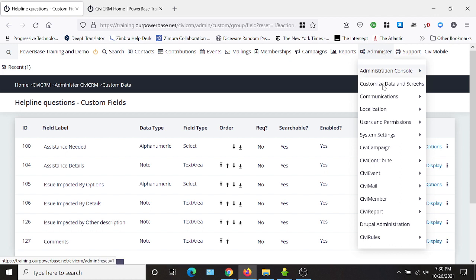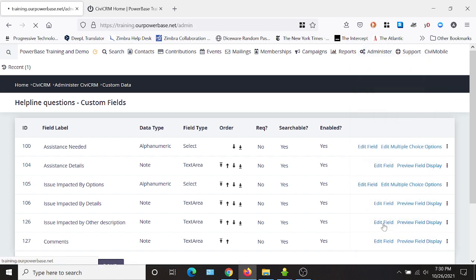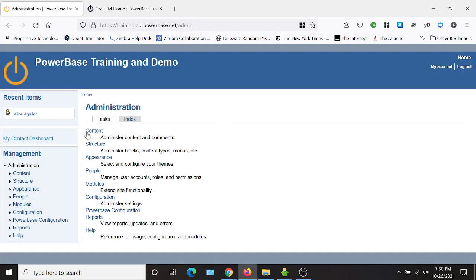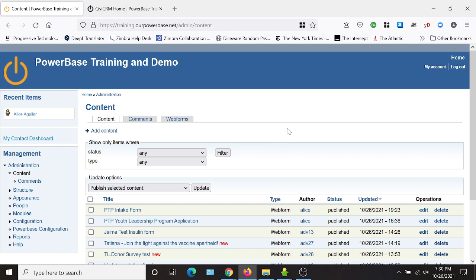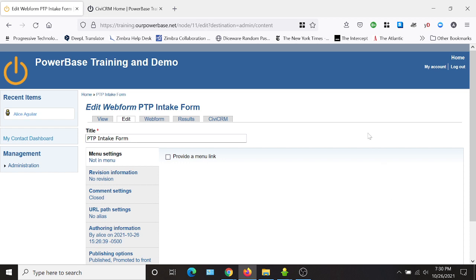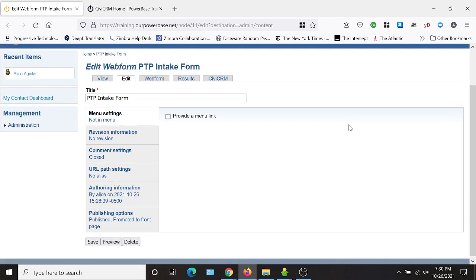So if I go to Administer, Drupal Administration, and if I go to Content, you can see all the web forms. And there are other screencasts that show you how to create basic web forms, so you can take a look at those. But let's take a look at this intake web form. I'm going to click on Edit, and I'm going to show you what I did. So the first thing I did, obviously, I just created the intake form. Let's look at